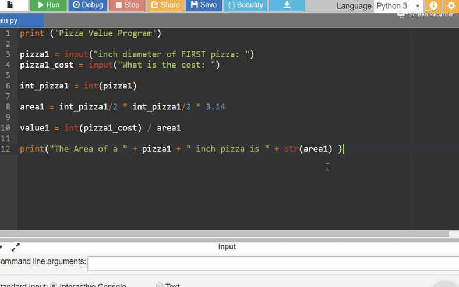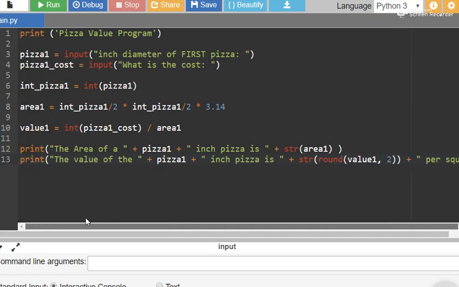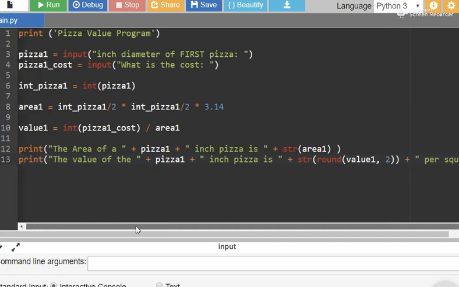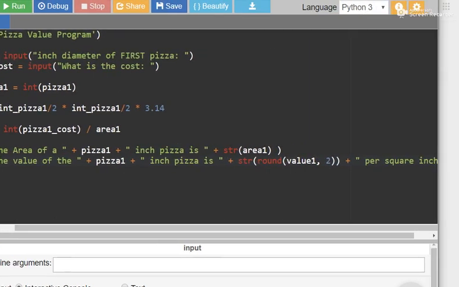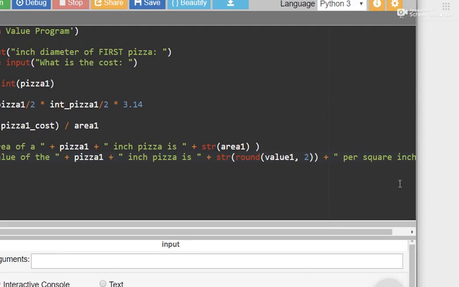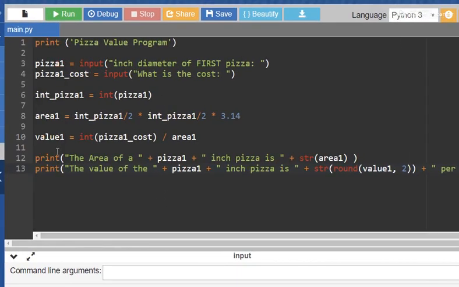Now we want to output the value, which goes off the edge of the screen. The value of a 10-inch pizza is,